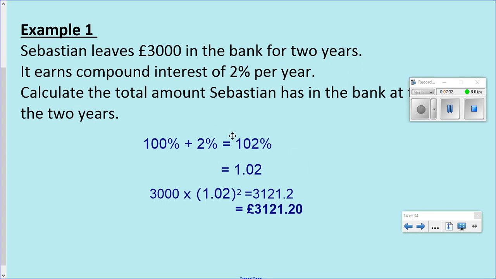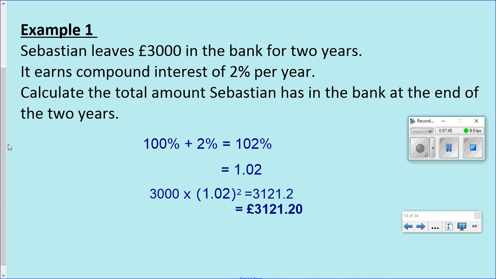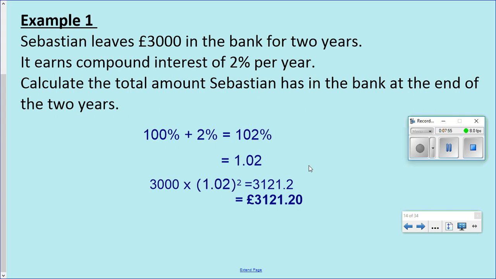And then our last line before we put it in our calculator, we've got 3,000, our initial value, times 1.02. Now notice I've got this power of 2, or this squared here. The only reason it's squared is because we want the value at the end of 2 years. It's always the number of years that we are looking at for our power. And then when I put that in my calculator, I get